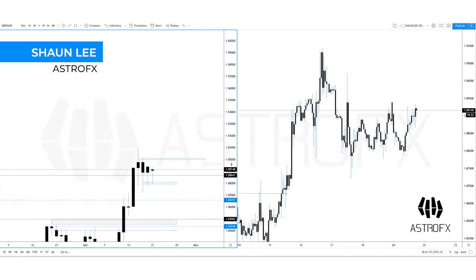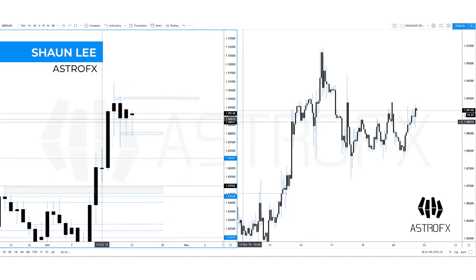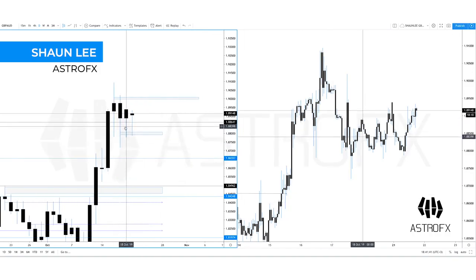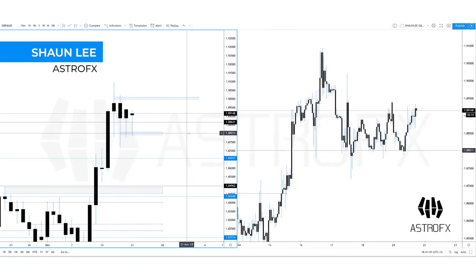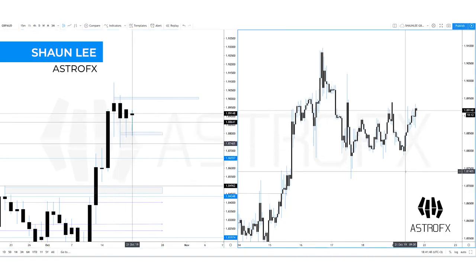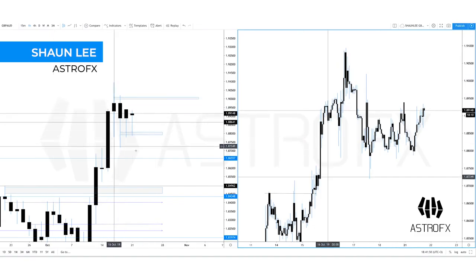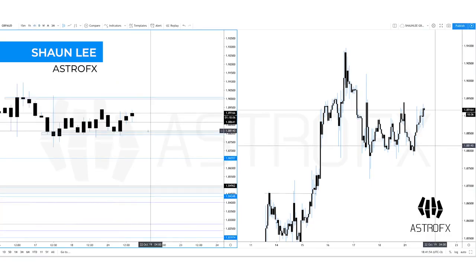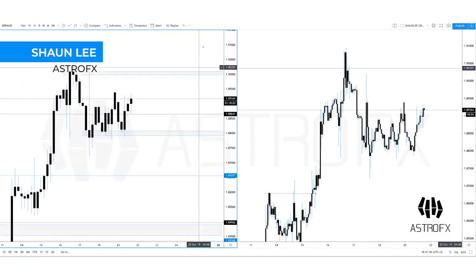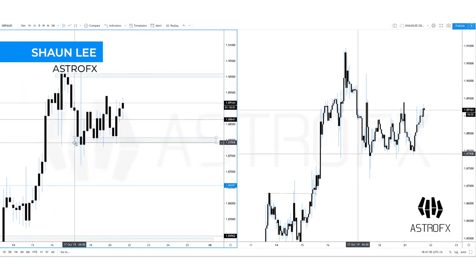Going into the day, we can clearly see that at 1.8850, 1, 2, 3, 4, we have 4 rejections on the day at 1.8850. Now, translating that information here, because it's very clear as to what we could see, we have that there on the day, and if you go into the 4 hourly, there's a 4 hour area, which I need to just